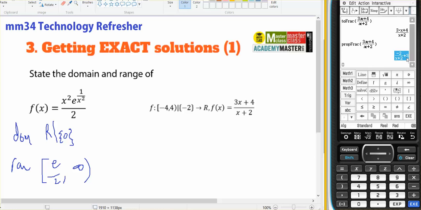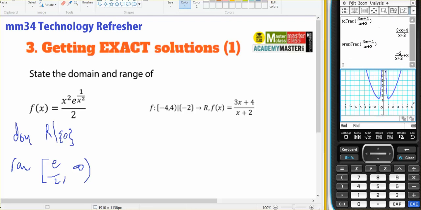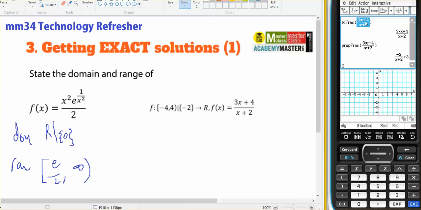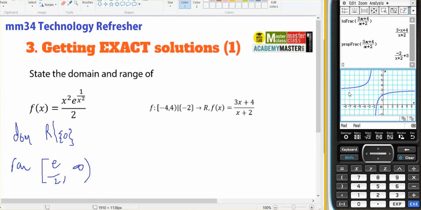It's got an asymptote at y equals 3, and an asymptote at x equals -2, which is why -2 has been restricted out of the domain. And it's a negative hyperbola. So turning into a proper fraction turns it into the form that I like. Okay, I'll bring up a window. Since my previous one's there, I'll do clear all, okay. If I take this, drag and drop, there is my hyperbola with an asymptote at 3 and an asymptote at